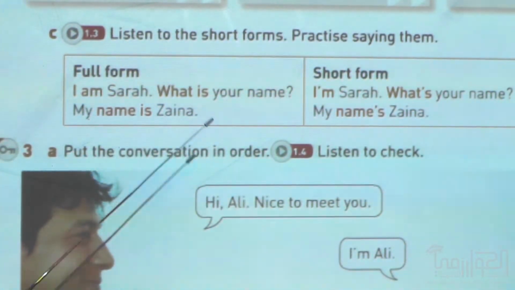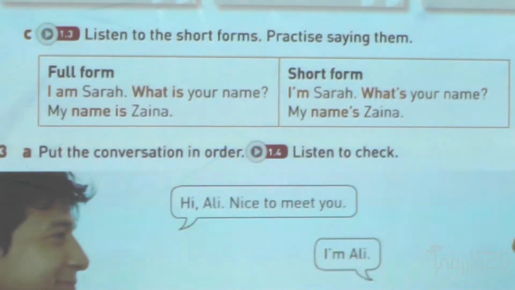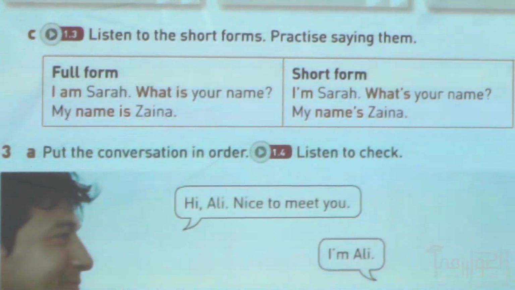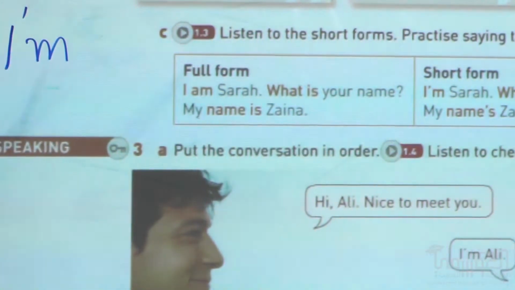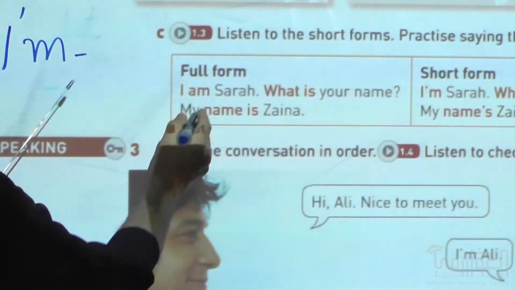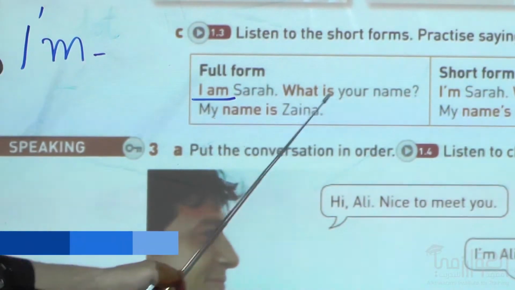Now, like I told you a while ago, we use the shortened form of some of the expressions, for instance I'm, okay, this is the short form of I am. So I'm Sarah, what's your name?